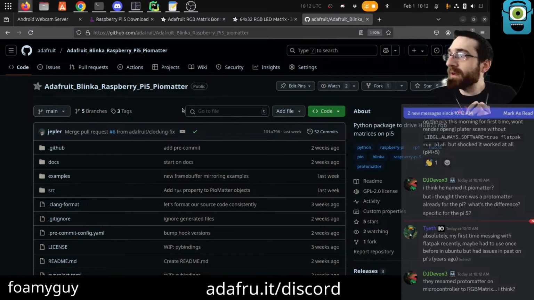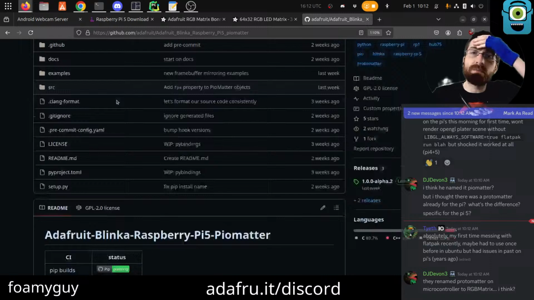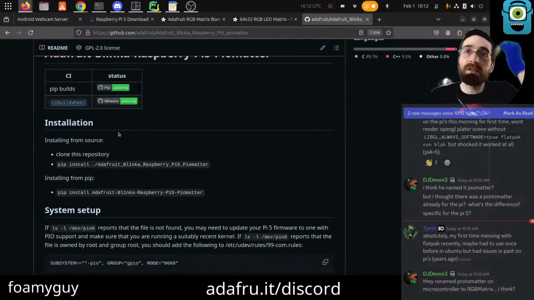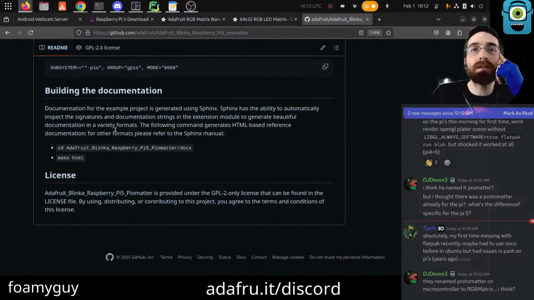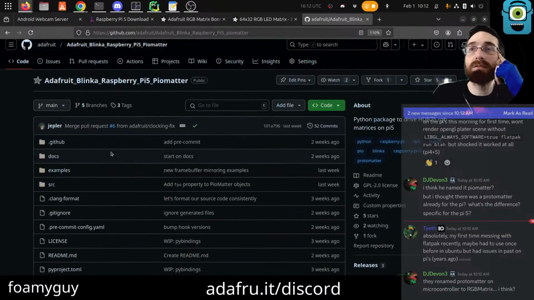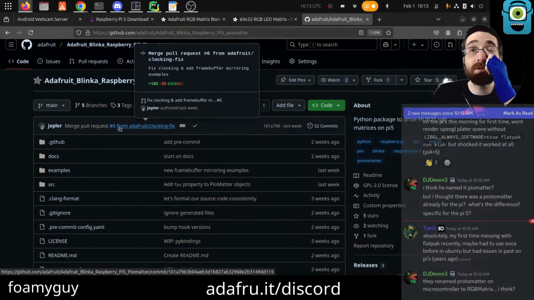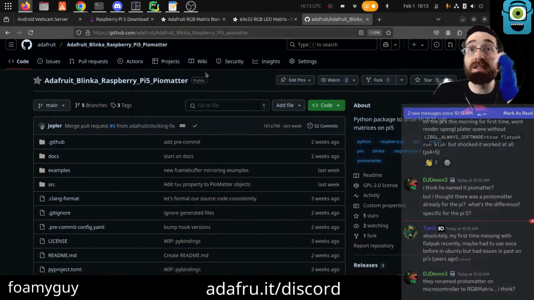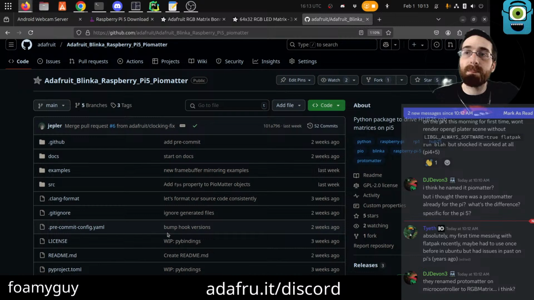They renamed Proto Matter on the microcontroller to RGB Matrix, I think. I think the Proto Matter name's still floating around in some places. I don't know the exact way it all works, but I feel like Protomatter still is floating around somewhere in the repo, or there is a repo that still exists with that name or something. I'm not sure. In this case, I do think the name, if nothing else, was inspired by that one. Protomatter, Pomatter, I think is how it works. But Jeff would be the one to know, truthfully. I think he named it.